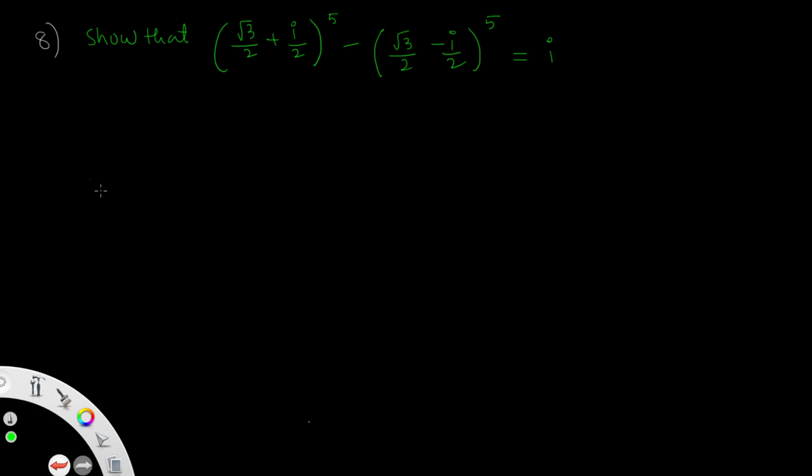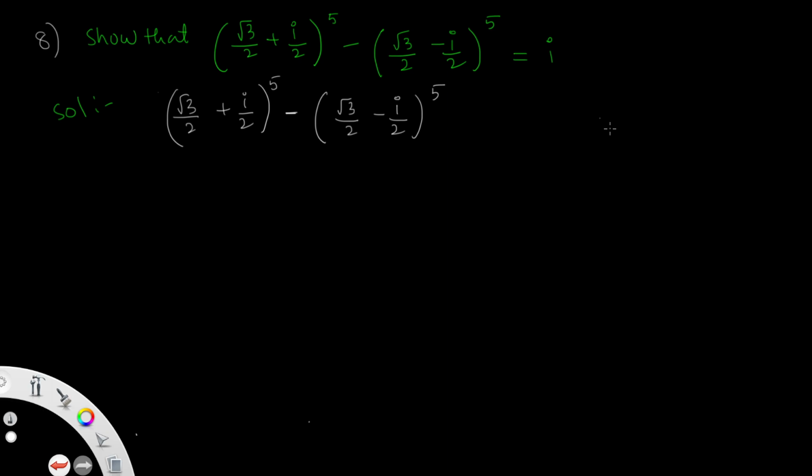So this type of question is only for objective questions, so that's why we write the solution here. There is no need to write it in the given form; you have to write it in the cos and sin form. Root 3 by 2 in terms of cos means i by 2, i by 2 is nothing but 1 by 2. Similarly here minus is there. So that is (√3/2 + i/2)^5 − (√3/2 − i/2)^5. Root 3 by 2 in terms of cos, here 1 by 2 in terms of sin.